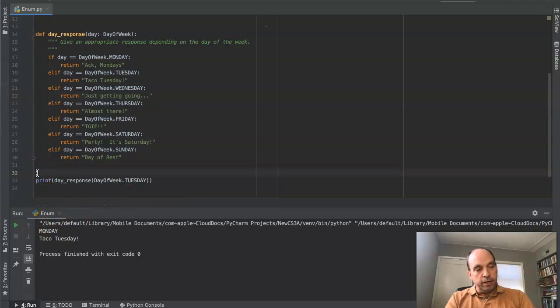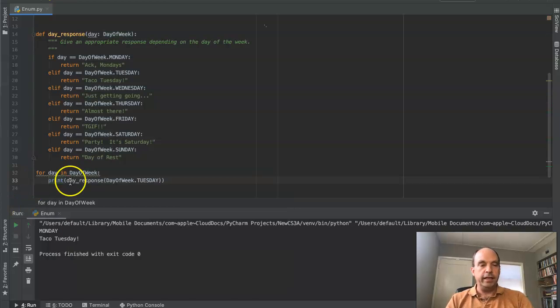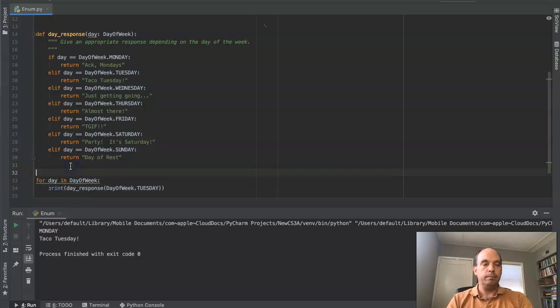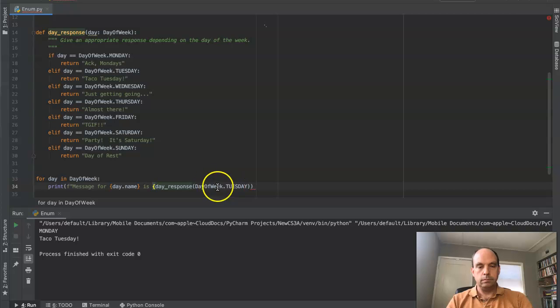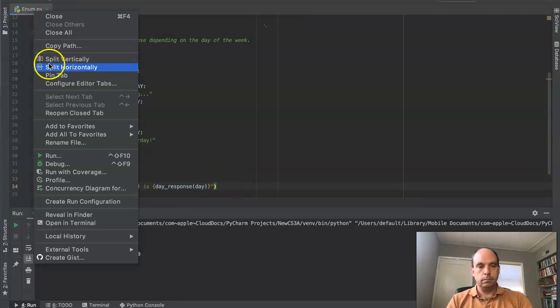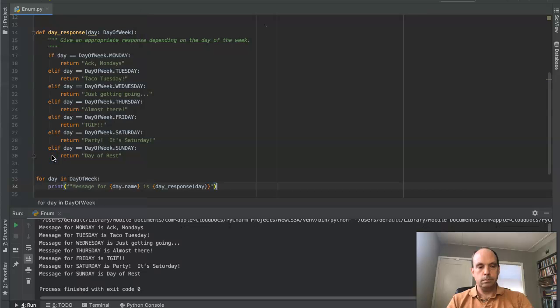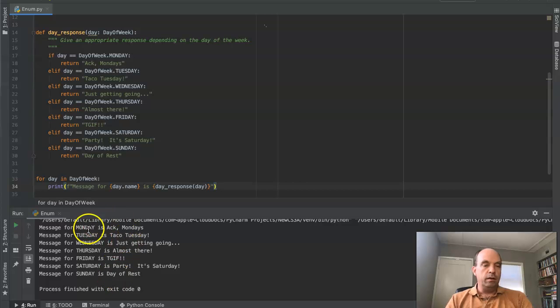But another fact about enums is that they are iterable. So we might like to iterate over the days of the week. And in that case, it may be useful to have the name. In this case, we iterate through each day and show the message for that day. Now we do get this all uppercase result because of the convention that each item in an enum class should